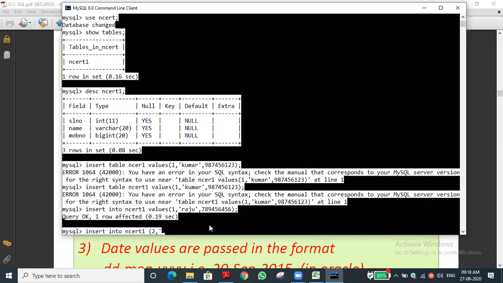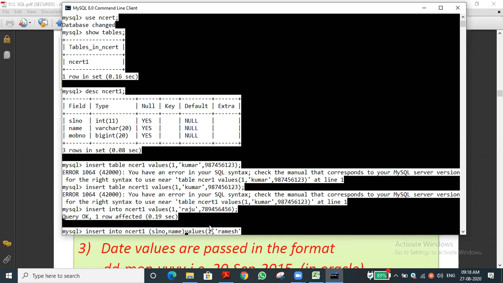Sir, values is missed. Yes, values is missed. Very good. Then values of 2, I'm just giving, then a name, Ramesh. So insert into the table name, then we need to give the fields we are going to enter: SLNO, comma, name.